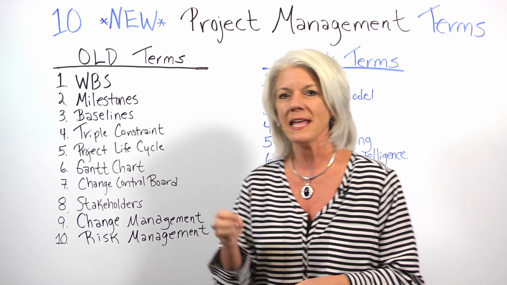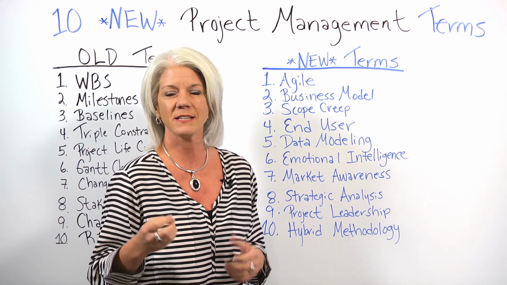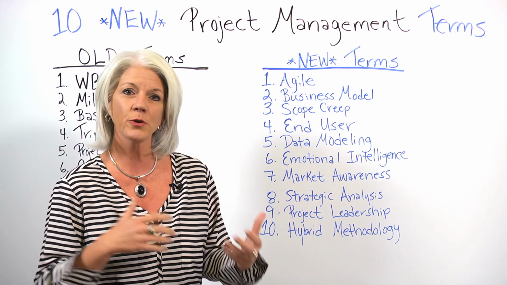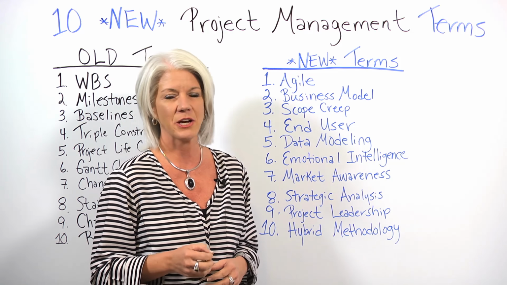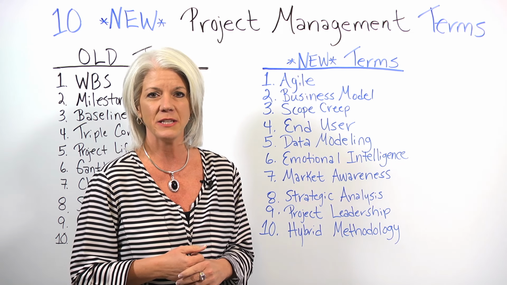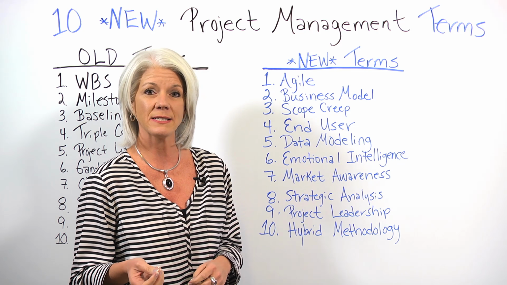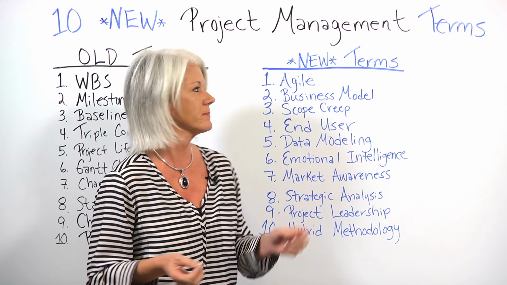But today, companies are requiring their project managers to get a better sense of business acumen. So therefore, some of the business terms are coming to the forefront that we as project managers need to know. One is Agile. So Agile is a methodology that's an alternative to project management. It's an iterative process that allows developers to look at things incrementally.